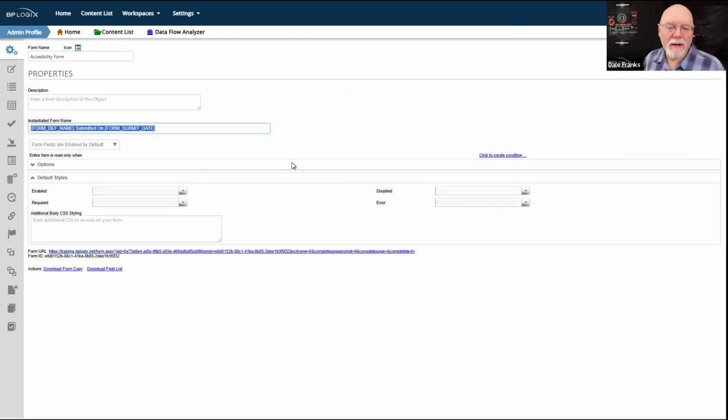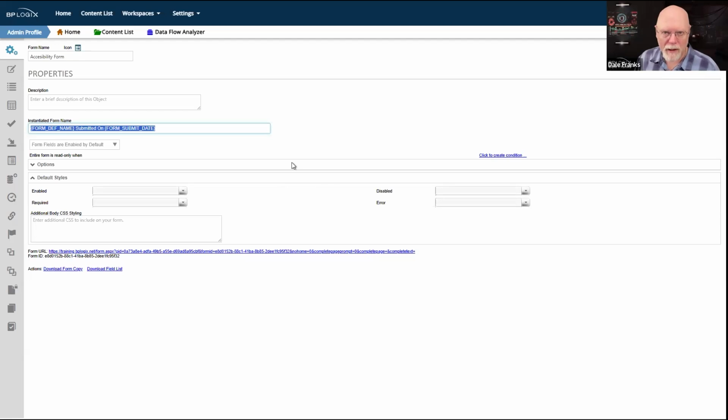Now, this is the default instantiated form name. So this is already pre-filled out for you. As a best practice, you should change this instantiated form name to some more unique value that is specifically associated with each form instance.